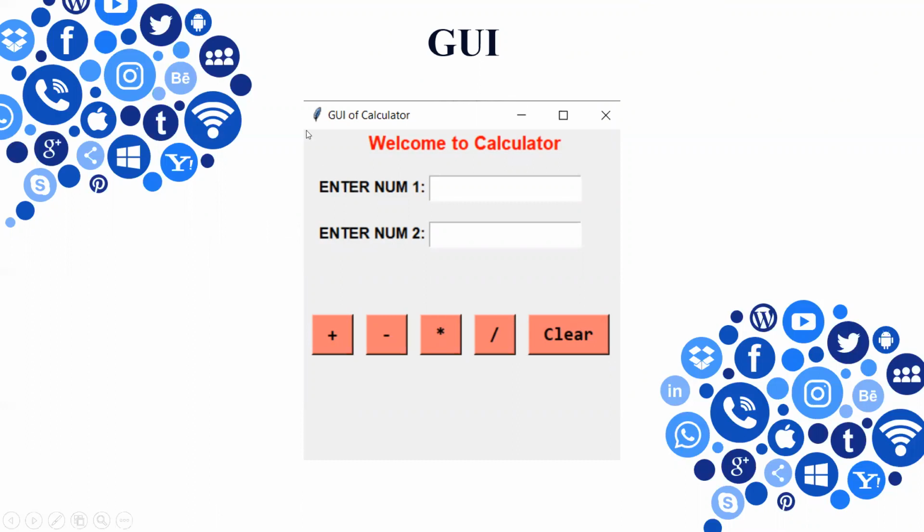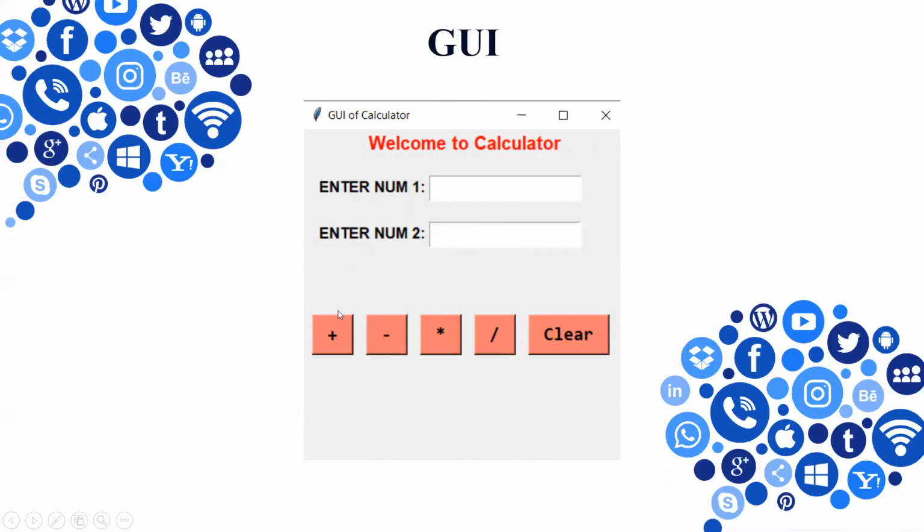On the screen, you can see a GUI window, and we'll try to build the same thing using Python. The window contains three labels: one is the heading label, and the other two are Enter number one and Enter number two, along with two simple input boxes so that the user can enter two numbers. Here five buttons are given.